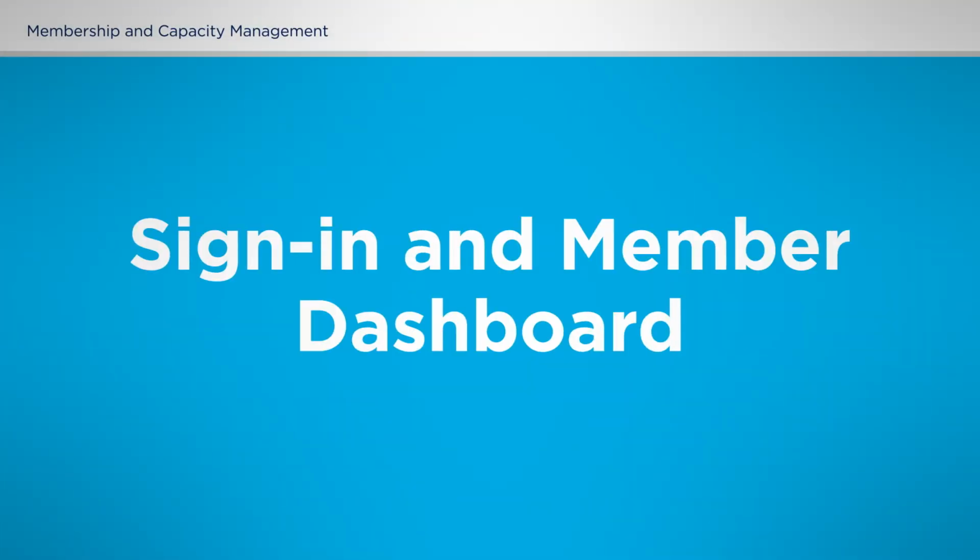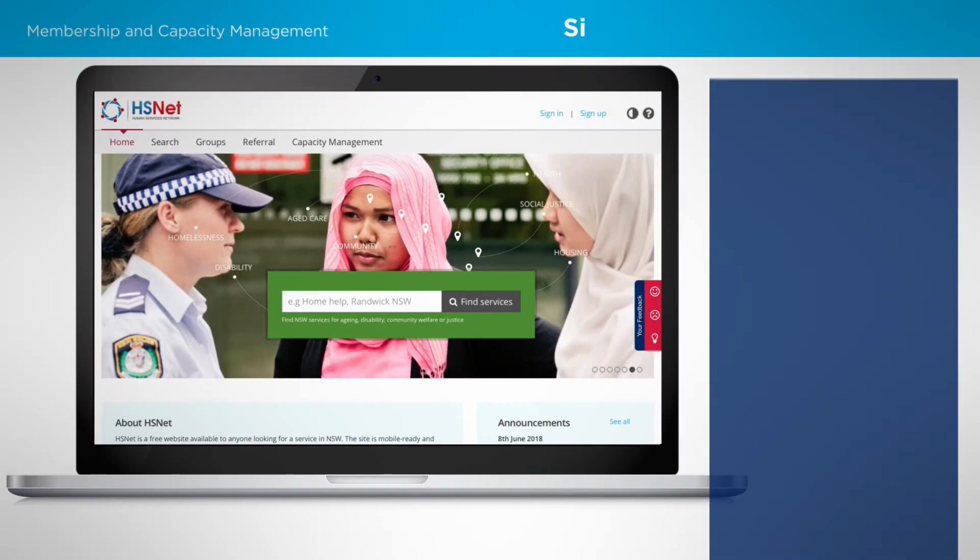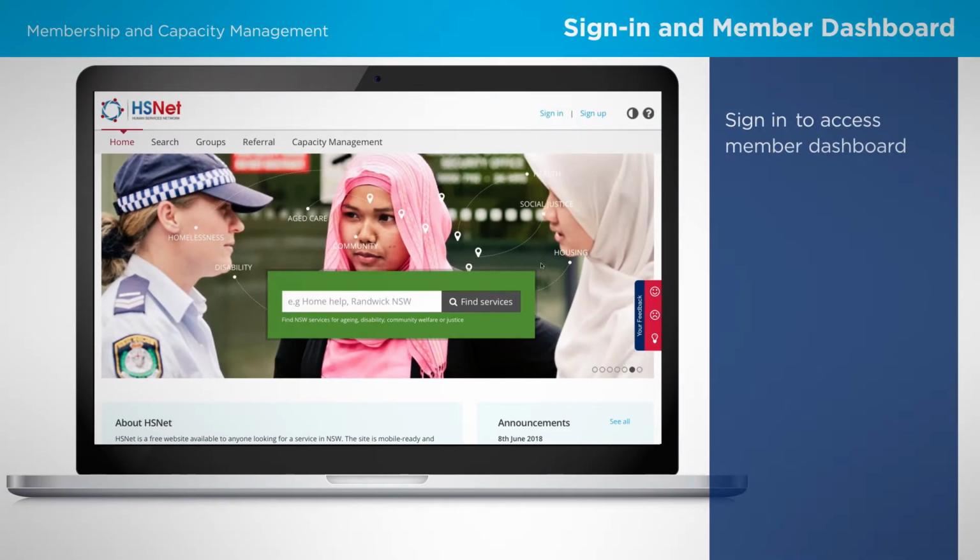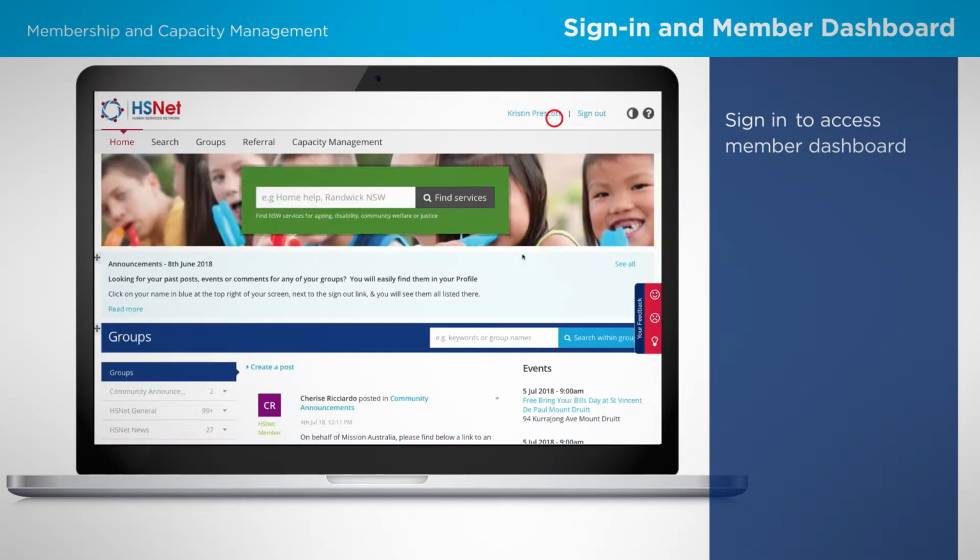Let's take a look. First, you need to sign in. You can do that on the top right of your screen. This will bring up the member dashboard, your central access point for everything you would like to do on